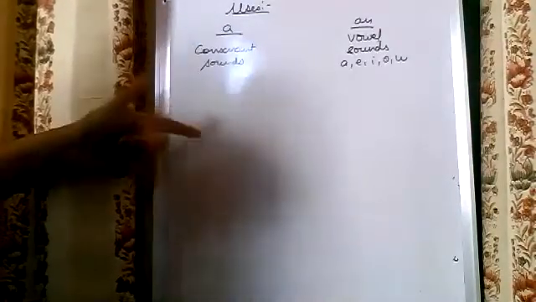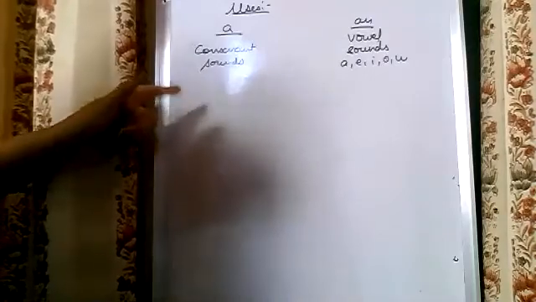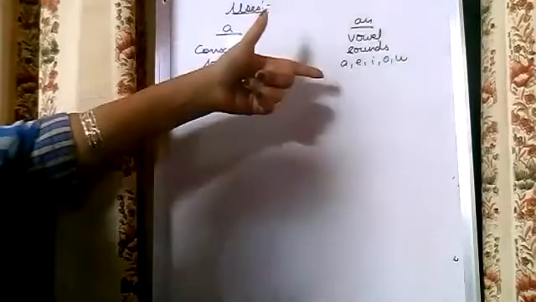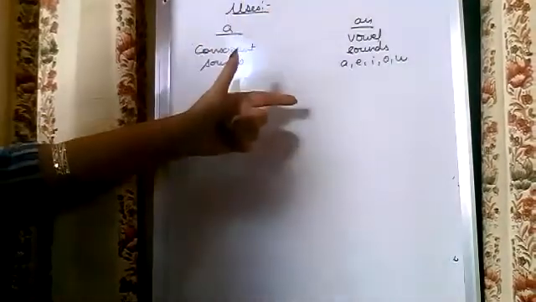For example, I have a pen, because pen, P is a consonant. This is the reason we use a. I have an umbrella, because in umbrella, U is there, which is a vowel. This is the reason why we are using an. I have an ox. Sita bought an ink pot. In ink pot, I is there, which is a vowel. This is the reason why we are using an.